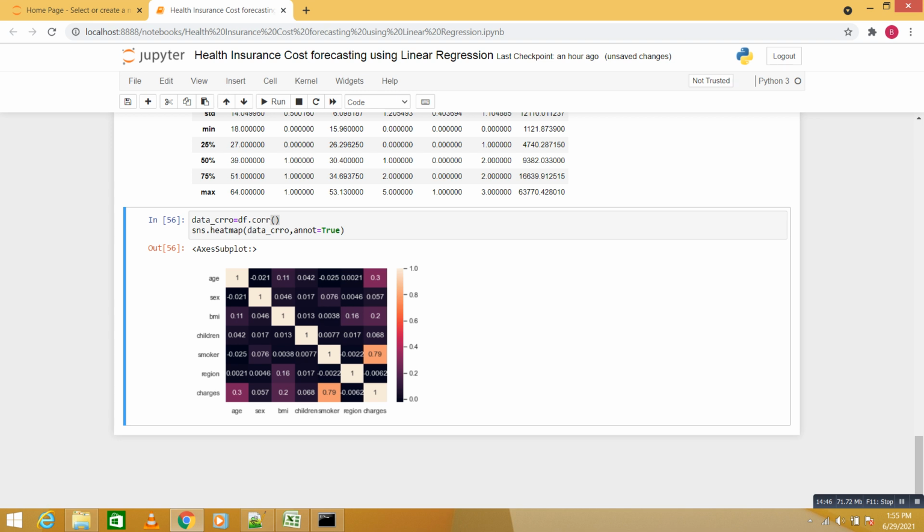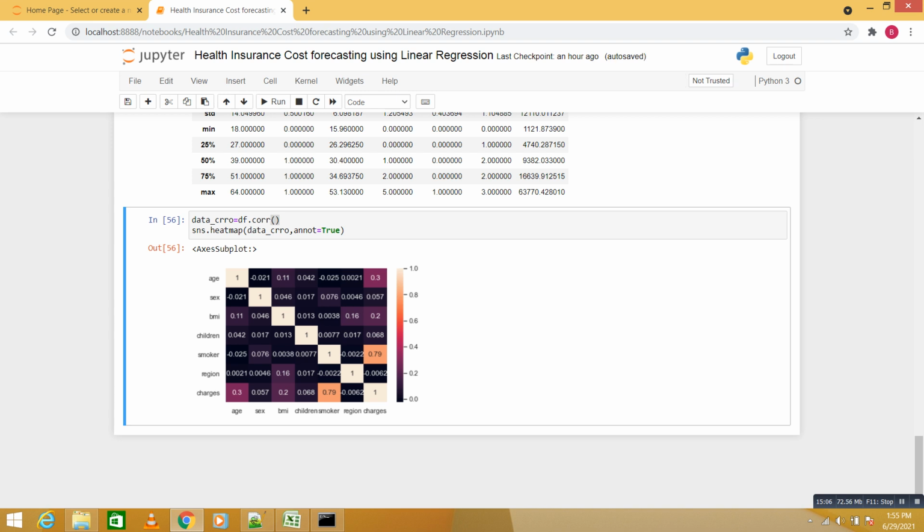Okay, so if you see this color coding, the dark is 0 correlation, and whenever the color gets faint here, it is kind of faint data. So whenever the color code is faint, we say it has a correlation. So let's consider the correlation with the charges.